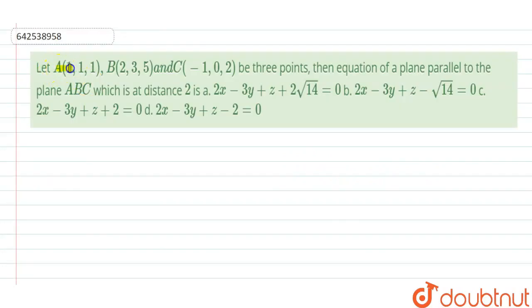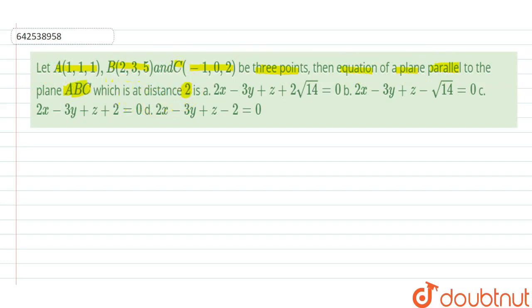Hello everyone, question says that let A be (1, 1, 1), B is (2, 3, 5) and C is (-1, 0, 2). So we have given three coordinates, so 3 points are there. Then we have to tell the equation of a plane parallel to the plane ABC, which is at a distance